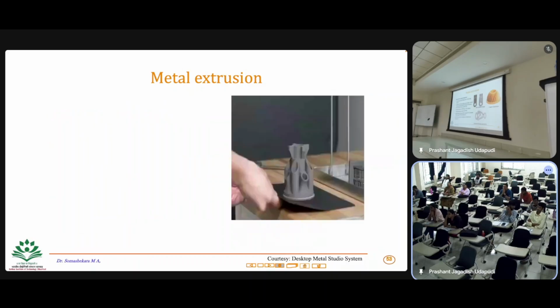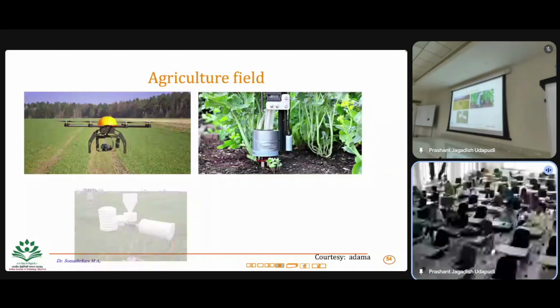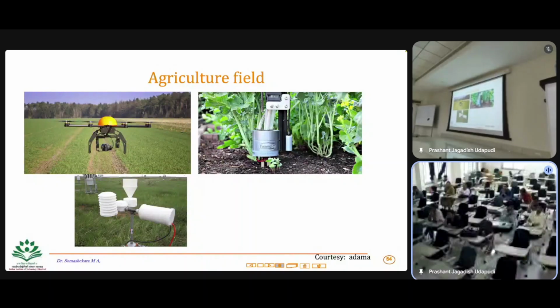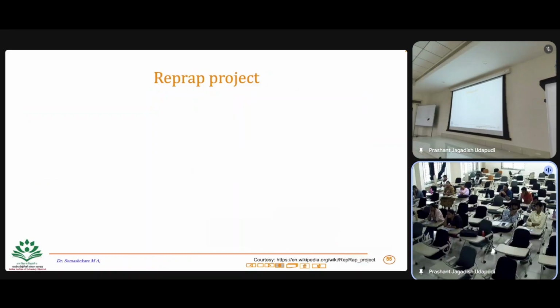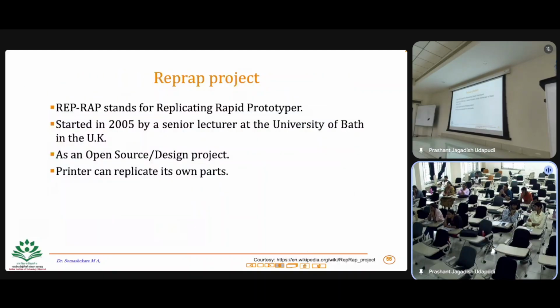And recently we have seen a lot of other areas, for example, you want to print some components for specific applications, including the agriculture field and so on, right? These are just to give you some idea of the applications that people are using it for, right? So this is a website that I was talking about, where